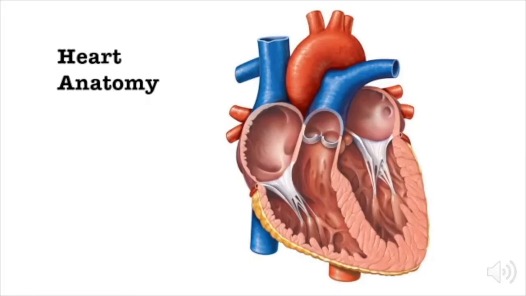Like anything in medicine, before we get to the good stuff, we have to make sure we do a quick review of the relevant anatomy. On the screen, you'll notice a diagram of the human heart. We'll begin with the vessel up here, which is the superior vena cava. It drains the upper portion of the body and the head back into the heart. And here is the inferior vena cava, which drains the lower body back into the heart. This blood all drains back into a large pumping chamber called the right ventricle, which then pumps the blood through the pulmonary arteries to the lungs. Once the blood reaches the lungs, it becomes oxygenated before returning to the left side of the heart via the pulmonary veins